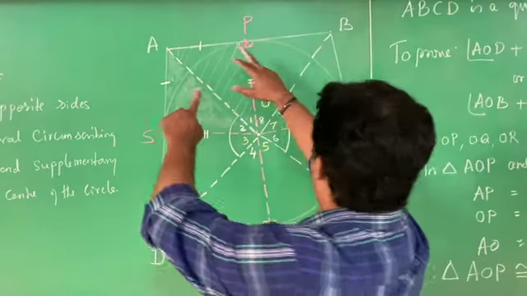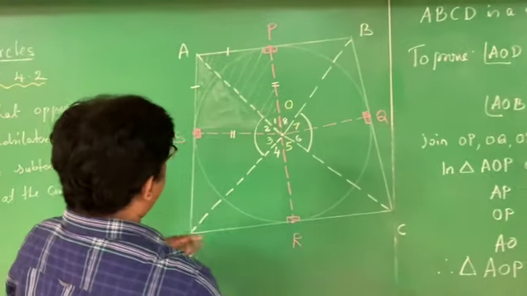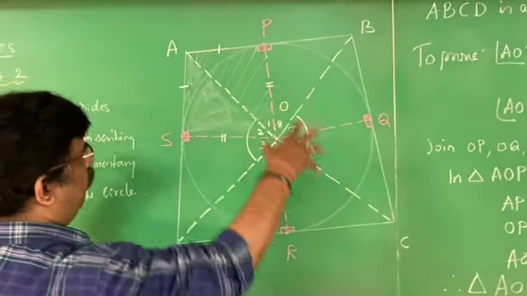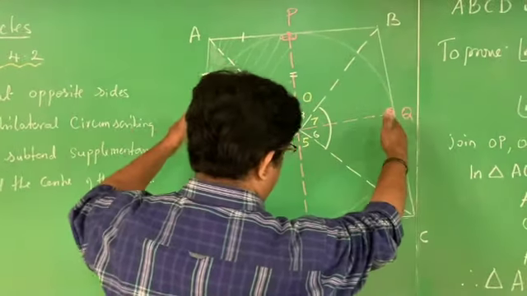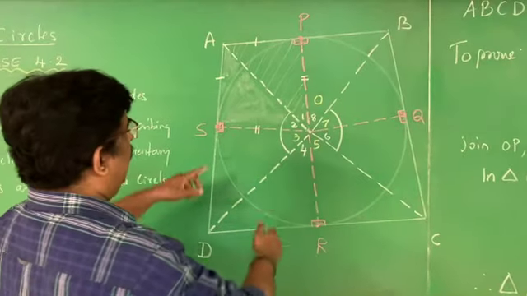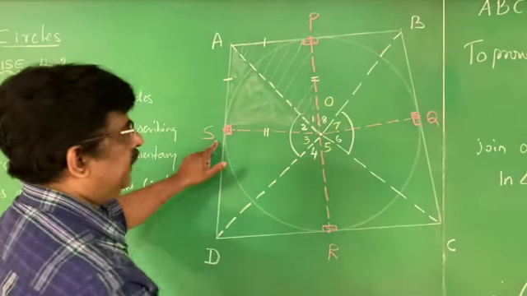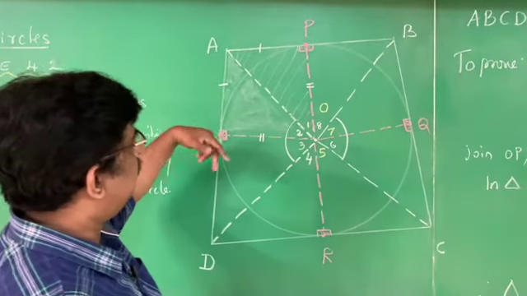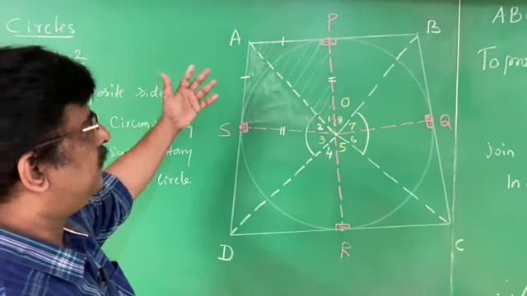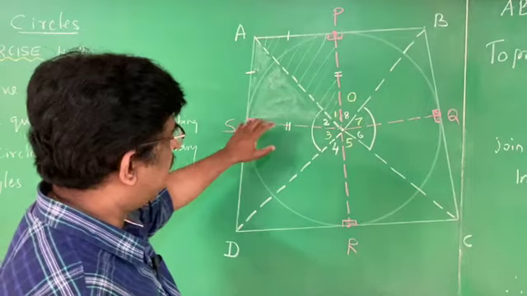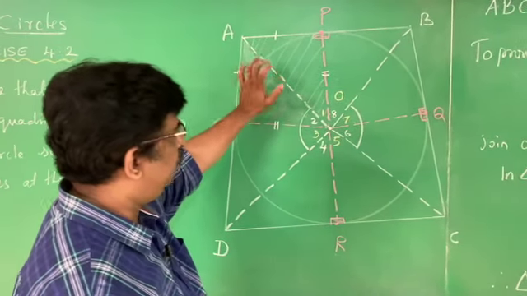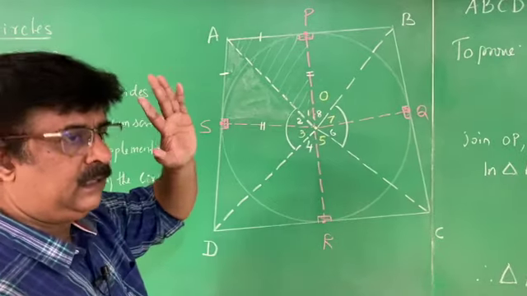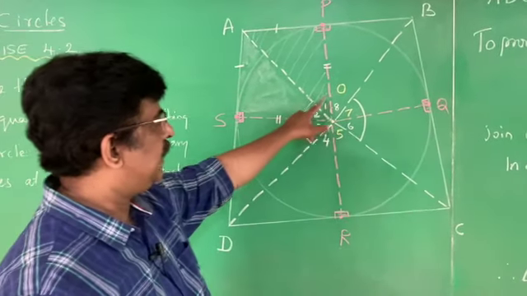For that purpose, I have drawn a quadrilateral. It is circumscribing a circle, and the sides of the quadrilateral are touching the circle, and we call them points of contact, and each side becomes a tangent, and we are using the theorem: tangents drawn to a circle from an external point are equal. By that knowledge, using that information, prove that two triangles are congruent. By that, two angles are equal.